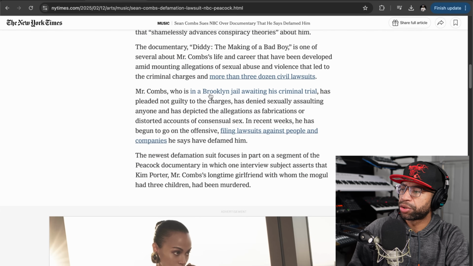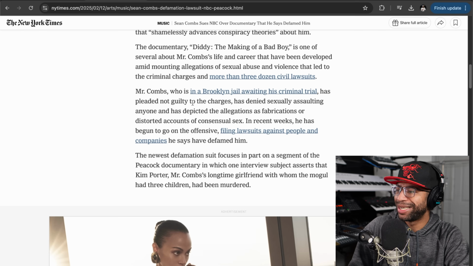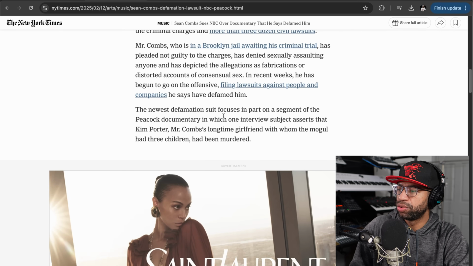Mr. Combs, who's in a Brooklyn jail awaiting his criminal trial, has pleaded not guilty to the charge, has denied sexual assaulting anyone, and has depicted the allegations as fabrications or distorted accounts of consensual sex. In recent weeks, he has begun to go on the offensive, filing lawsuits against people and companies he says have defamed him. The newest defamation suit focuses in part on a segment of Peacock documentaries in which one interview subject